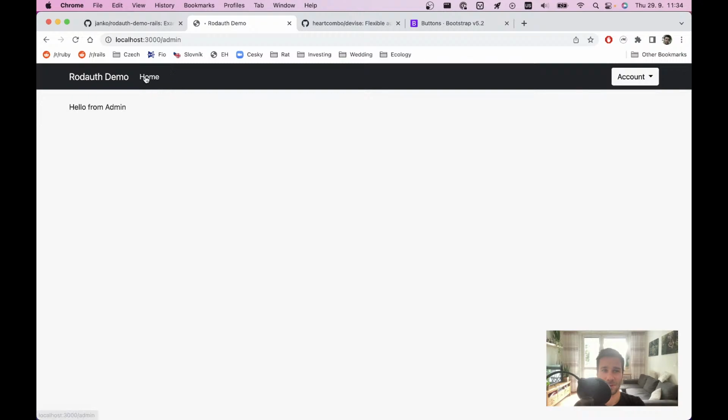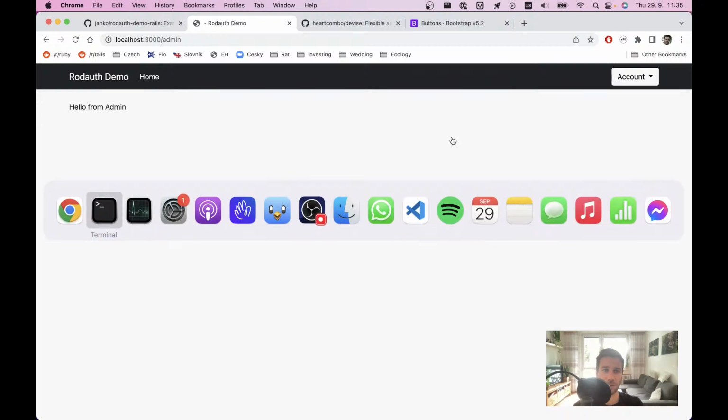So notice that here it says that we are logged in. So we get this drop down that's only displayed for logged in accounts. But how can that be if we've created the admin section, or if we created a special admin account? So the reason for this is that